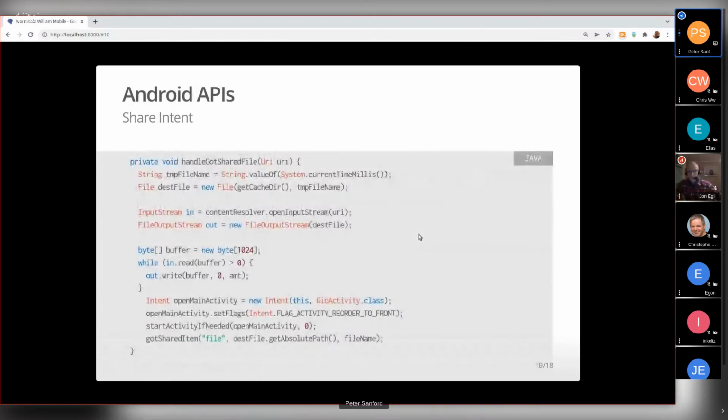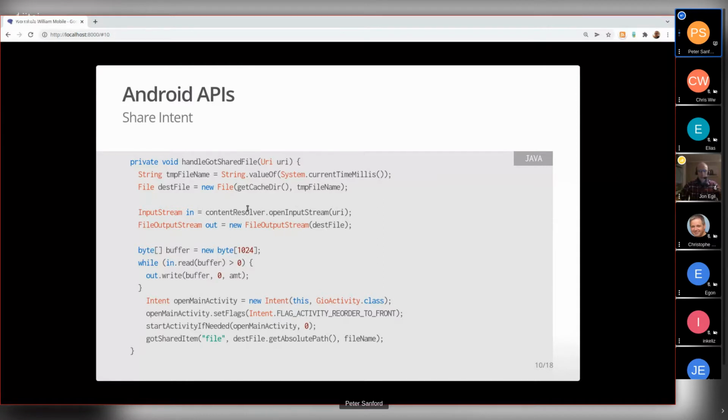So here's a simplified version of the Java handler. You can see the thing that we're getting is this URI, and the way that we interact with that is we call open input stream on a content resolver to turn that into a thing that we can read.